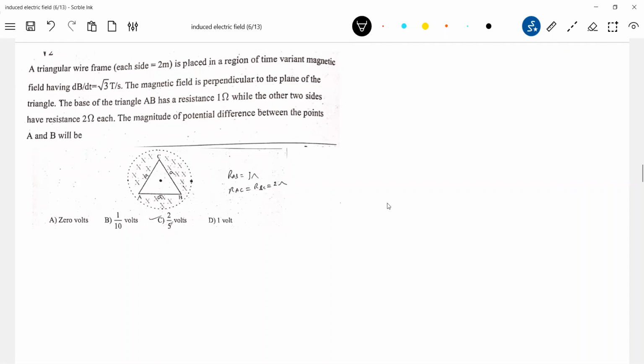As you move from the axis to the coil, where the turns are, where the wire is, the electric field strength will increase. Here, field strength will increase. So how to get the direction? Draw circles. Draw a tangent to the circle. That will be the direction of the induced electric field.